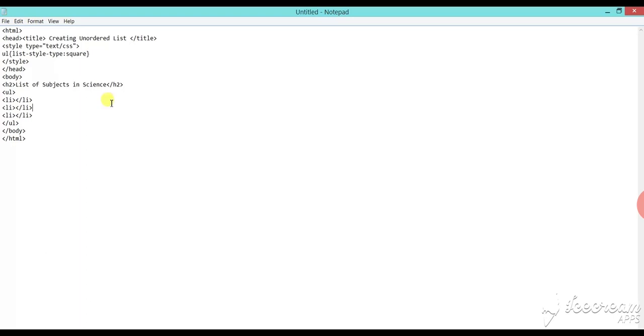First word is physics, second one is chemistry, and third one is biology.